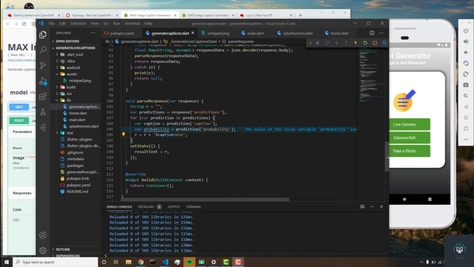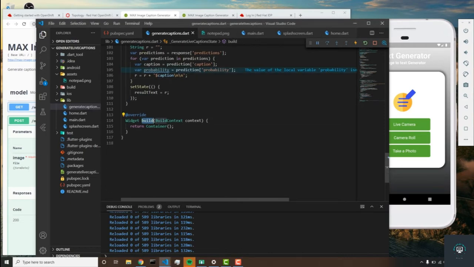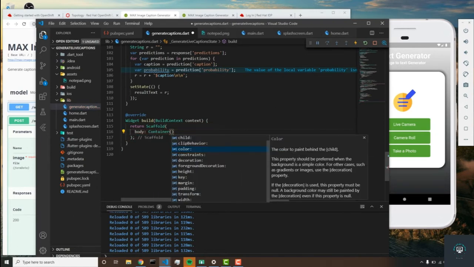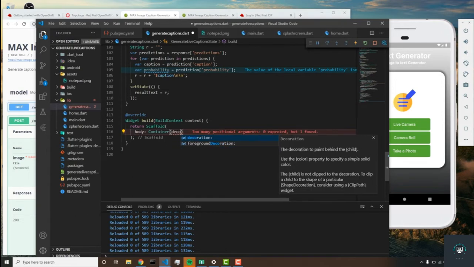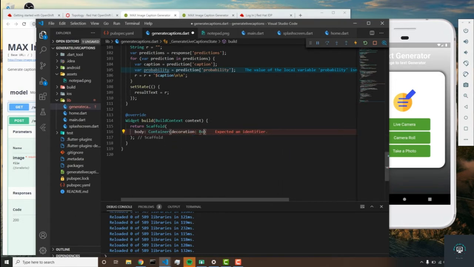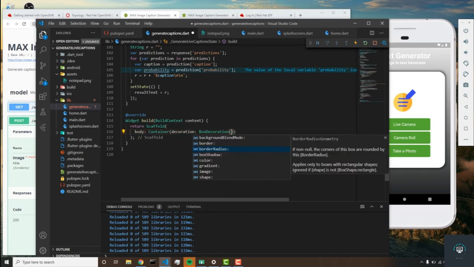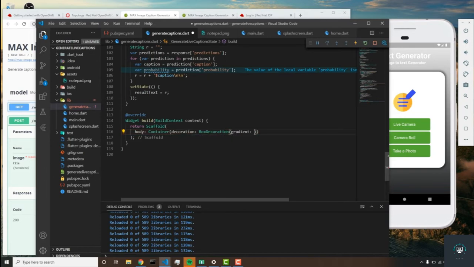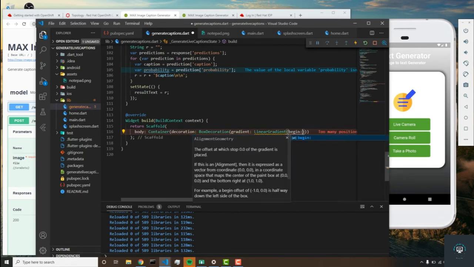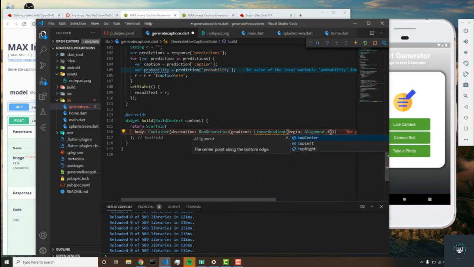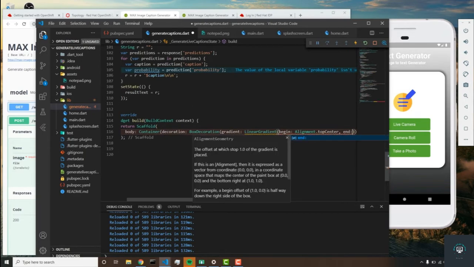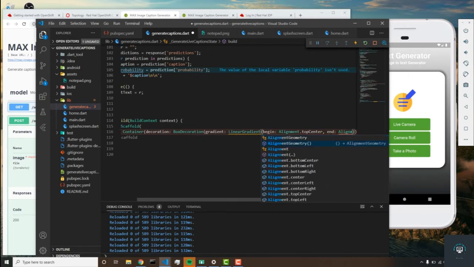All right, so now we're ready to build the scaffold. So let's go into our build method, and instead of returning this container, we're going to want to return a scaffold. And in the scaffold, we'll set the body parameter equal to container. And in this container, we're going to have a decoration parameter, and we'll set this equal to a BoxDecoration widget. And in this BoxDecoration, we'll set the gradient property equal to LinearGradient. And this is going to begin alignment.topCenter, and alignment.bottomCenter,